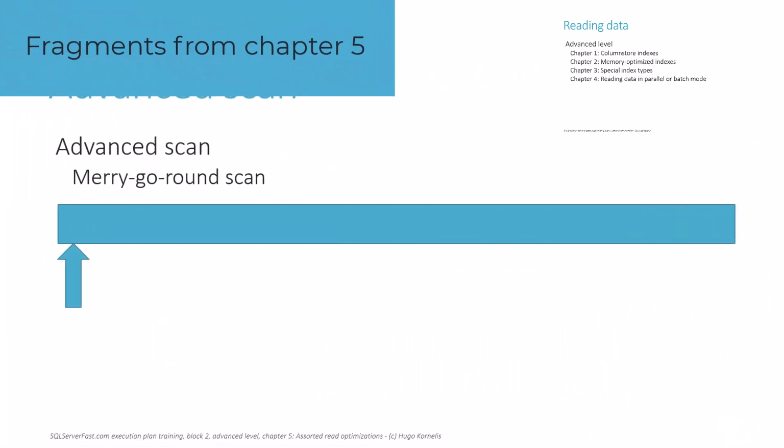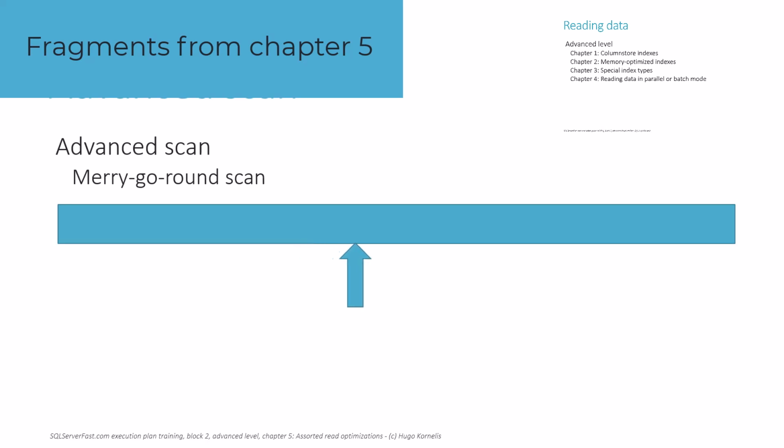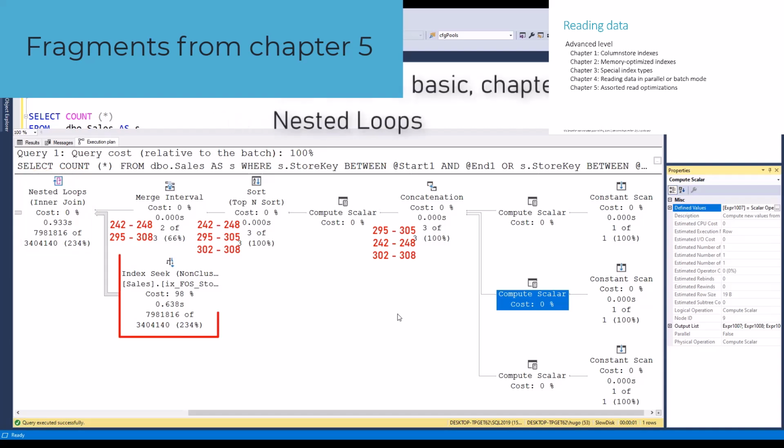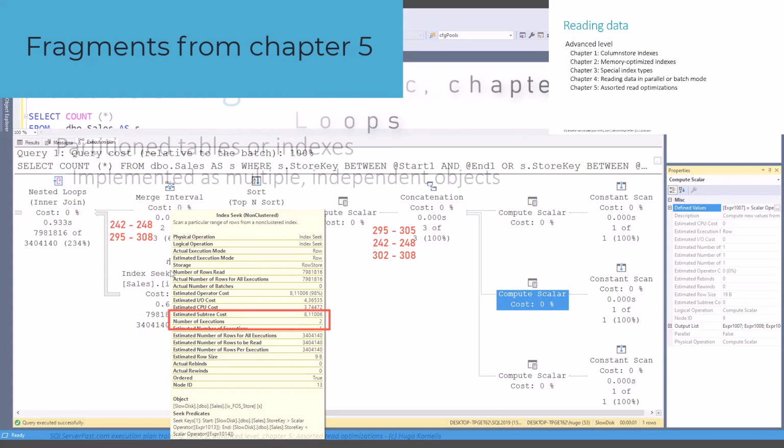The last chapter shows a few read optimizations. We explain mechanisms such as read-ahead reading and advanced scans that can reduce the amount of physical reads for large scans. We then also show how dynamic range seeks are used when the range for a seek operator is computed elsewhere in the execution plan, and how the merge interval operator ensures that no performance is lost and no incorrect data is returned when those ranges might potentially overlap.